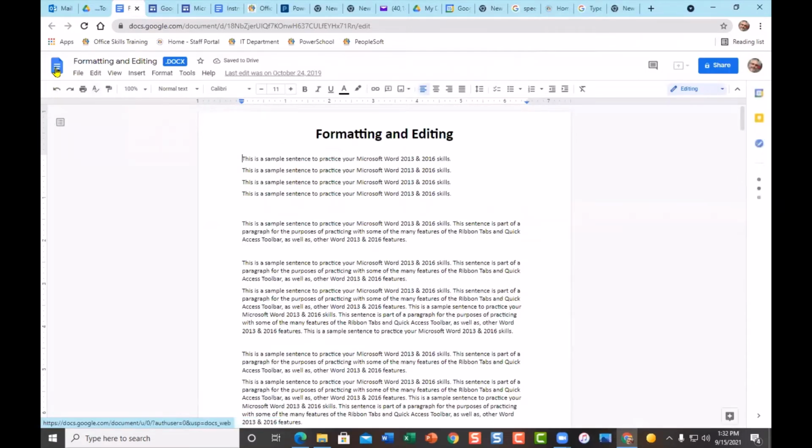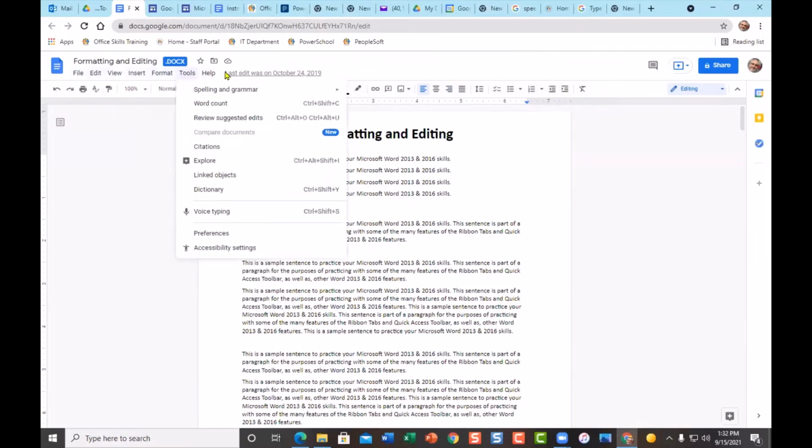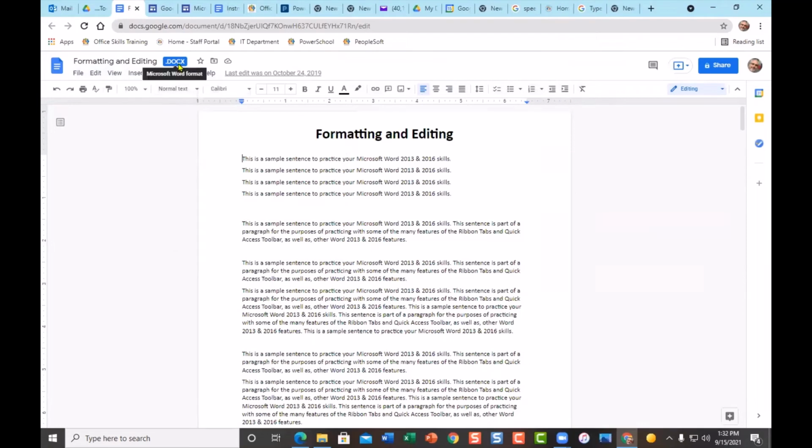So we can see we're clearly in Google Docs with the quick access toolbar and the drop-down menus that they have there. But if we notice, there's an extension on there telling us that this is in fact still a Microsoft Word document. And yes, I can come in here if I want to, and I can start selecting things, and I can start changing the color and doing all that. I can do that, and it's still a Microsoft Word document being edited or formatted in Google Docs. Just know that